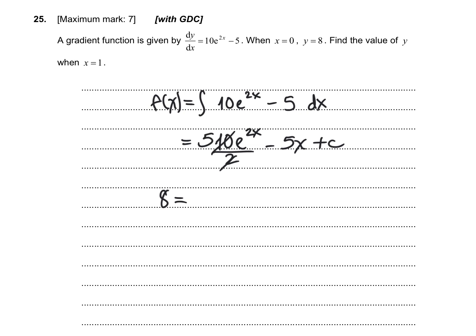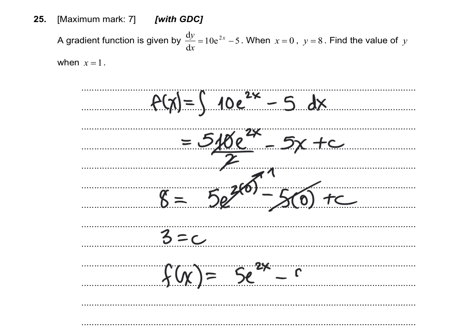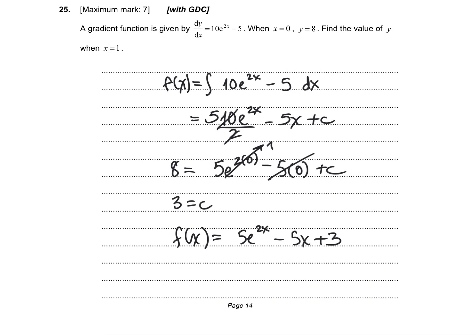That cancels to 5. E to the 2 times x is 0, minus 5 times 0 plus c. That's 0. This is 1, so we're just going to have 5 plus c, so subtract the 5. We've got 3. So f at x is 5e to the 2x minus 5x plus 3. So this one takes it one little step further. We want to find y when x is 1. So we have 5e to the 2 minus 5 plus 3. So 5e squared